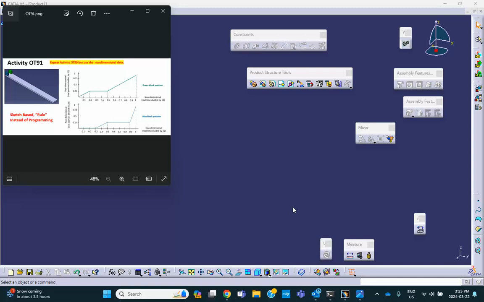Okay, this is activity OT91 and it's very similar to OT90. The only difference is that the position versus time information that I'm going to input as a sketch in my model is non-dimensionalized. Notice that if you go back to the previous activity, OT90, and you take all the displacement,